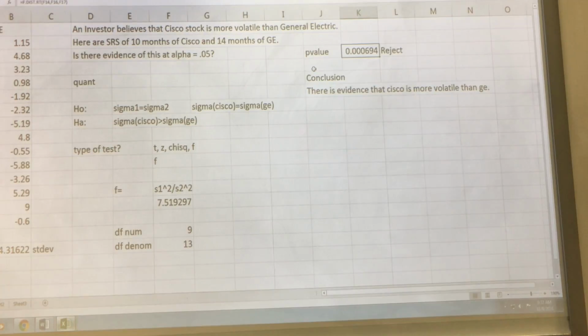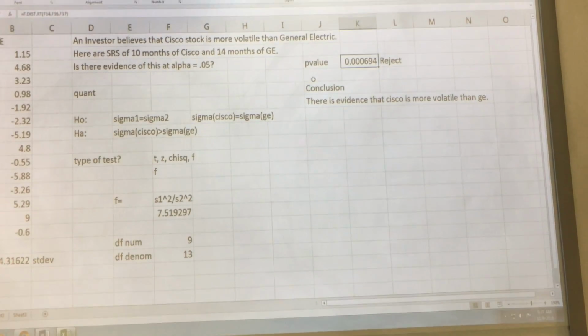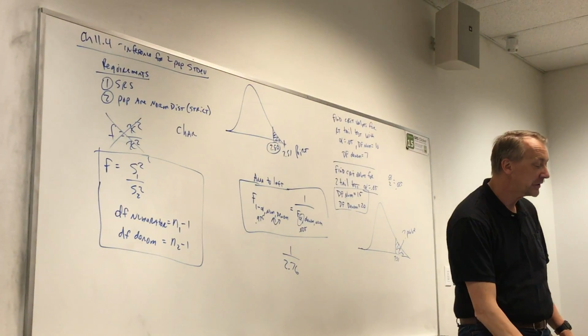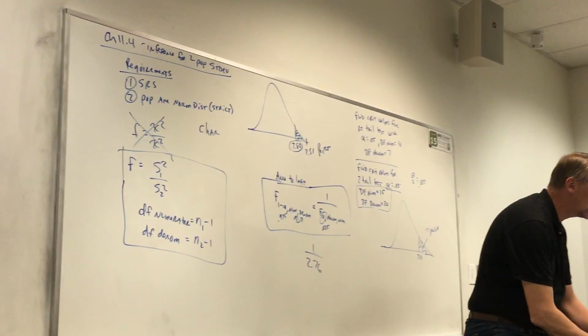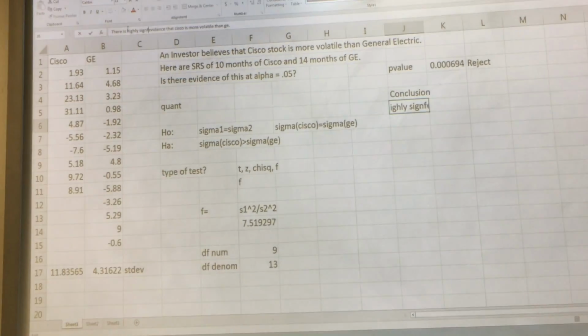Okay? Now the one thing that I would just mention here, I don't think I've told you this before, but unless you're doing any genetics test, if your p-value is less than 0.01, we would not only say it was significant, we would say highly significant